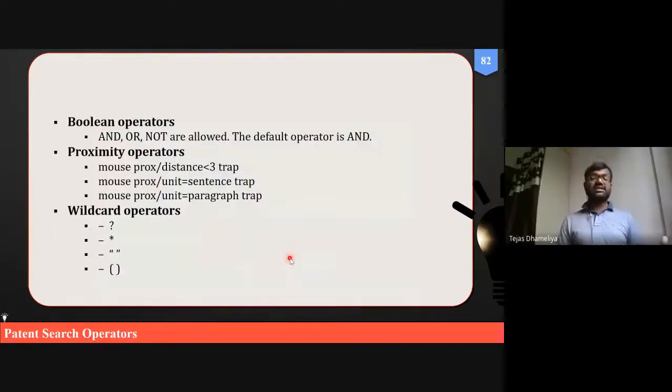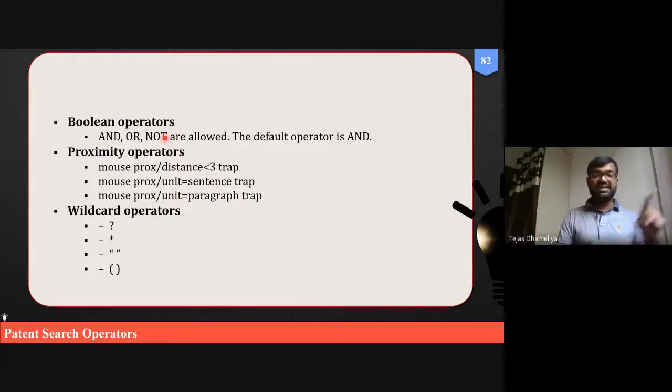How to do the search? These are the operators which are useful to you for the purpose of this patent search. Likewise, Boolean operators. So these are the Boolean operators: and, or, not. For example, if you want to search for some heterocyclic compound such as benzothiazole or benzimidazole as anti-TB agents or as anti-diabetic agents, and you give the keywords like this, then what will it consider?